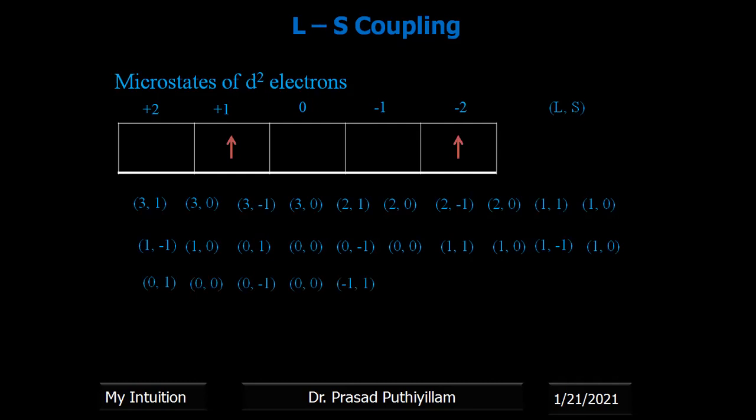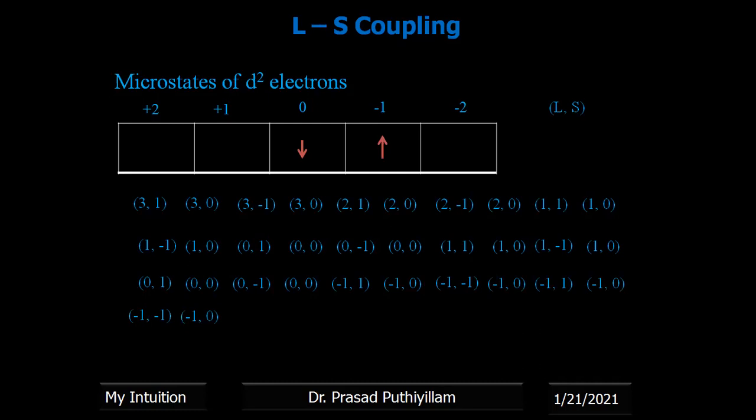Minus 1 1, minus 1 0, minus 1 minus 1, minus 1 0, minus 1 1, minus 1 0. You can see each state, either the electron arrangement is shifted to another subshell or orbital, or the spin is deviated. The spin is either plus half or minus half. So all these states are different states. So minus 1, and the next one minus 1 0,